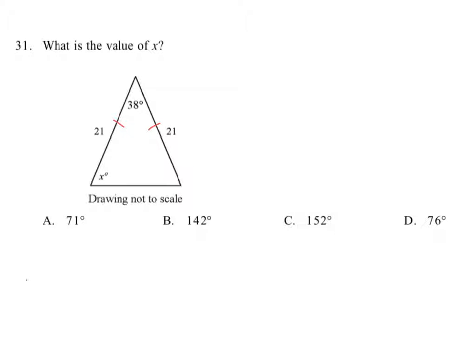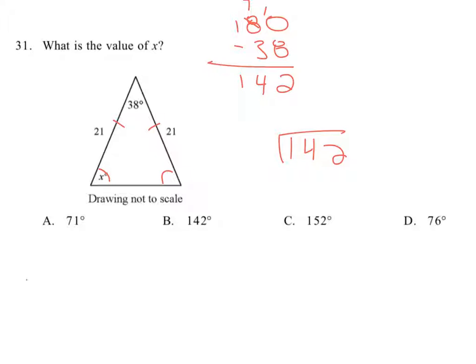So whatever is left after we take away the 38 degrees from the vertex angle, we will have to split equally among the two base angles. Okay, so we will do 180 minus 38, and we get 142. Okay, so what we need to do is take 142, and we need to divide that